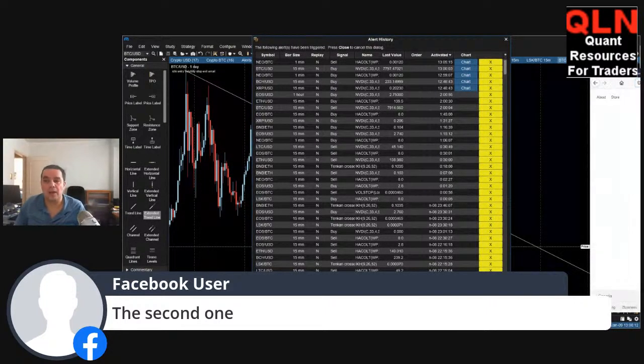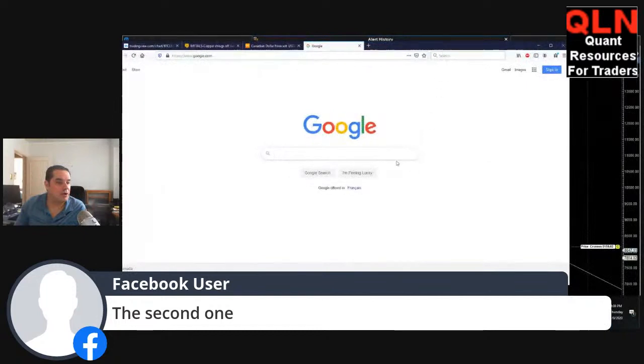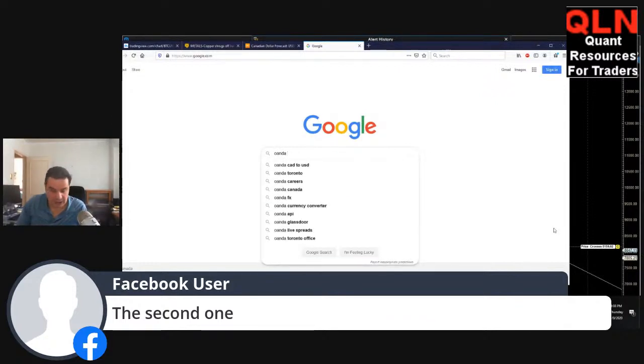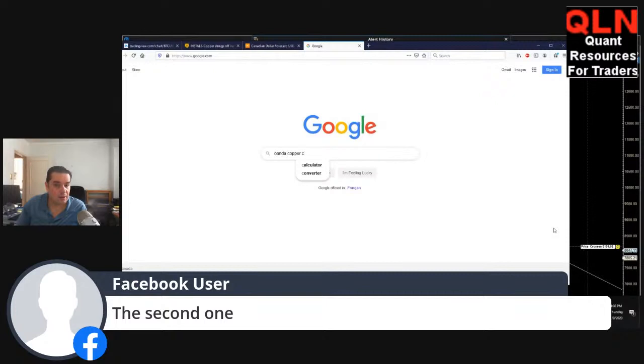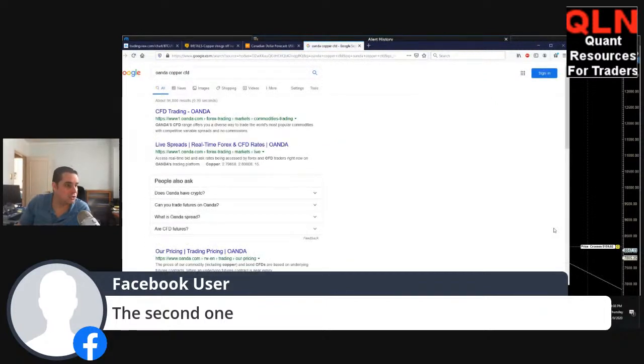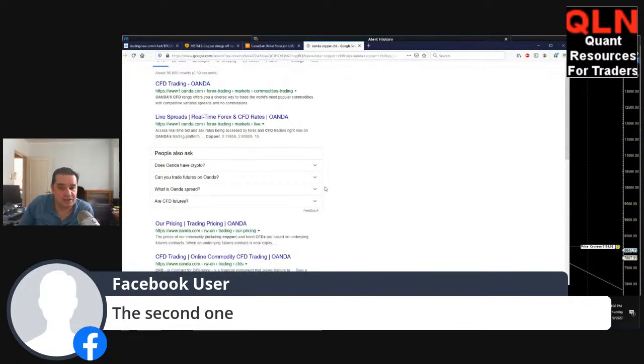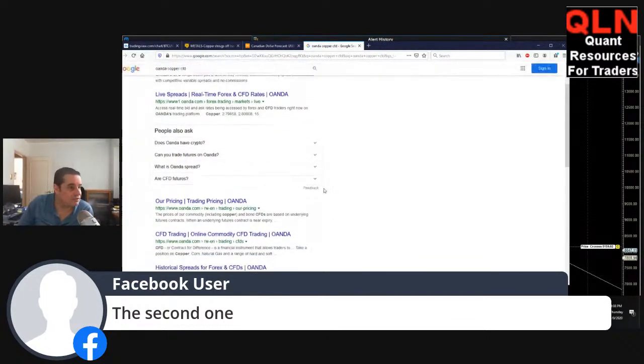Okay. So going into Google, I want to know which CFD is for copper. So I'm going to do Oanda copper CFD. Now, again, I would not recommend you trading copper, or sorry, a CFD. It's a gambling house when you do that. So not recommended, but we're just doing this because we can kind of mimic what's happening in the futures market with